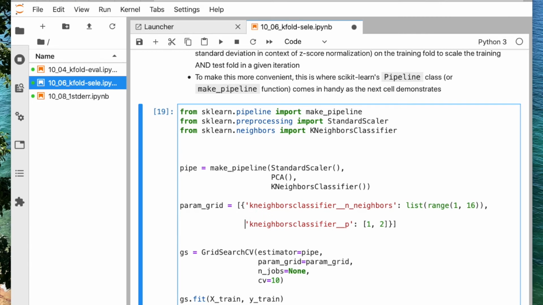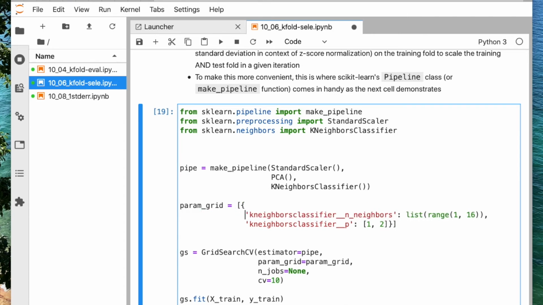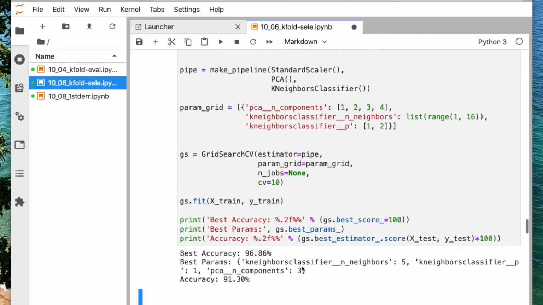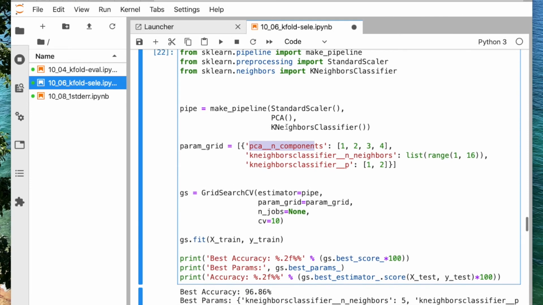Oops, yeah, actually where I put it doesn't matter, I can put it between. I think it's easier to read if I put it as first item. PCA n components, and then we can just say 1, 2, 3, or 4. 4 doesn't really make sense, but yeah, because we have 4 features in the data set. Okay, so yeah, we can also do that. So it will then, okay, it found that 3 components is best and 5 neighbors. Performance didn't really improve, but yeah, that would be how you would incorporate multiple objects for which you want to